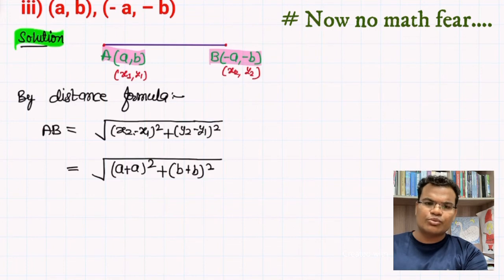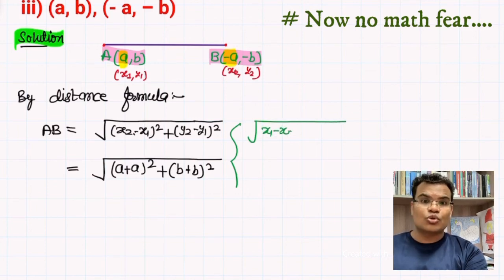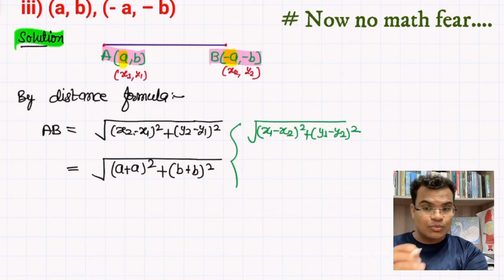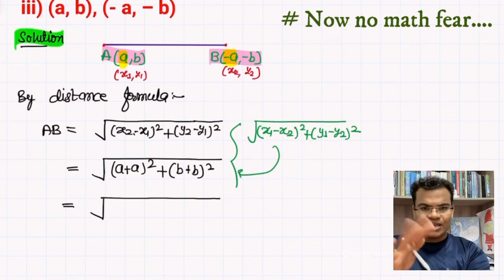When I was explaining this video and the distance formula, at that time I told you guys, don't worry if you have applied this formula, x2 minus x1 whole square plus y2 minus y1 whole square, that is also correct. If you want, you may write x1 minus x2 whole square, that is also correct. I'm just writing on the side x1 minus x2 whole square plus y1 minus y2, and this formula will apply here because the minus sign will disappear here, right? So you can see in this solution I have applied x1 minus x2 whole square, not x2 minus x1, right? So you understood now.